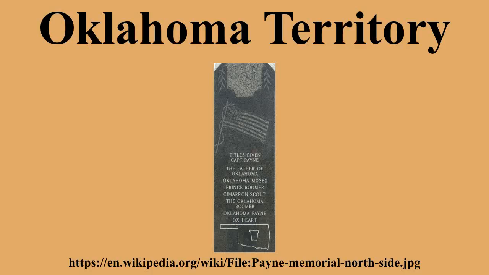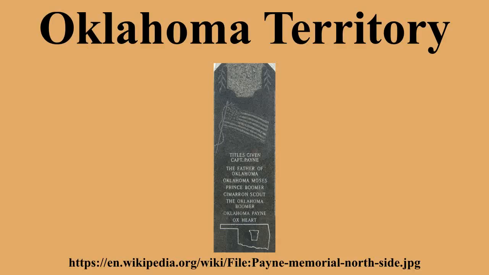Territorial Governor Frank Frantz oversaw the transition from territory to state. He was selected as the Republican nominee to serve as the state's first governor. He faced the Democratic Charles N. Haskell in the election on September 17, 1907. In the same election, the Oklahoma Constitution was proposed. The Constitution was passed and Haskell was elected governor.